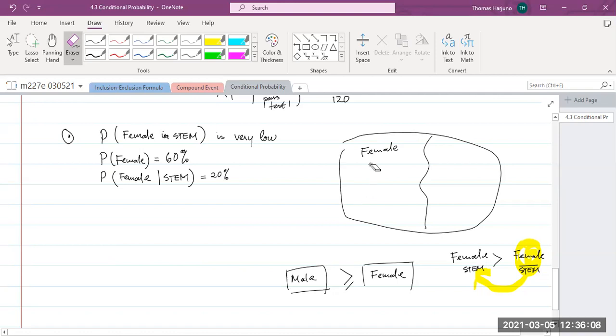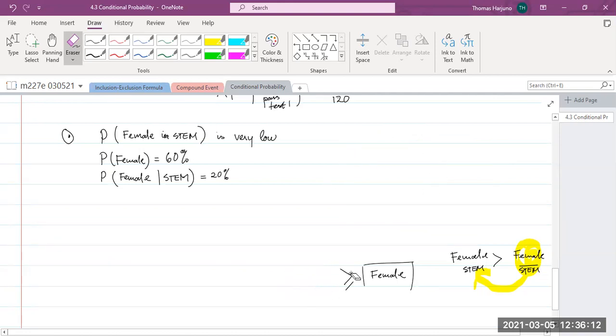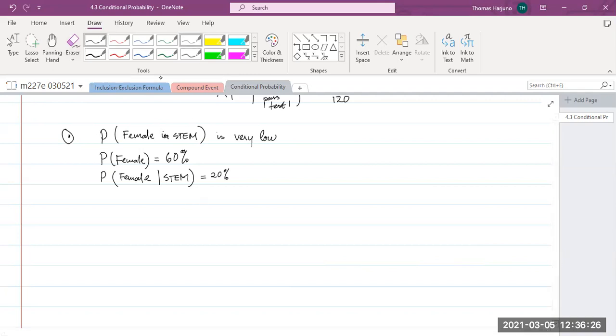Given that that person is in STEM program, the probability that person is female is actually much lower than the proportion of female in our college. Now, on the other hand, if we look at the backward probability of somebody working in STEM knowing that person is a female,